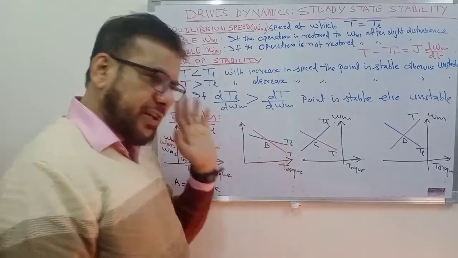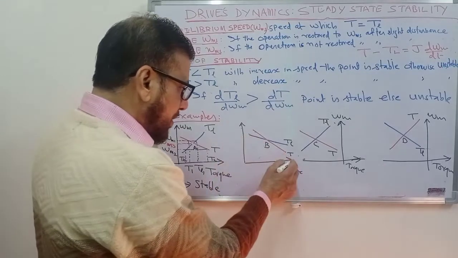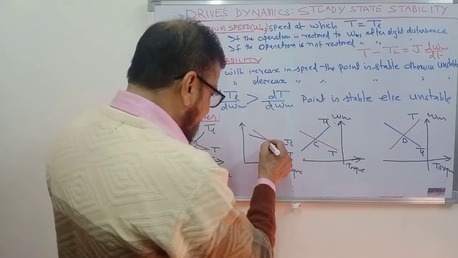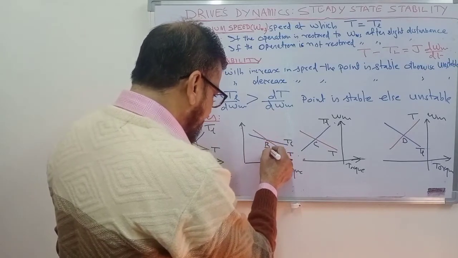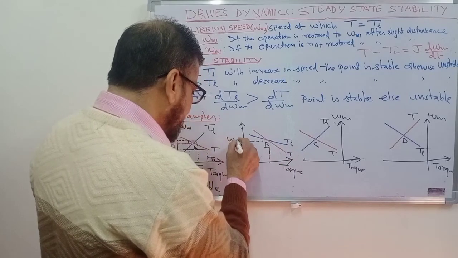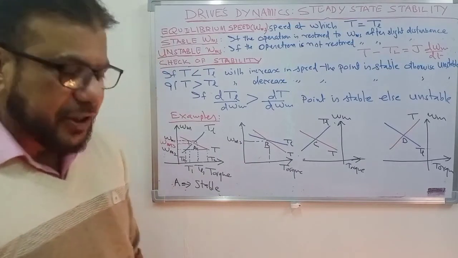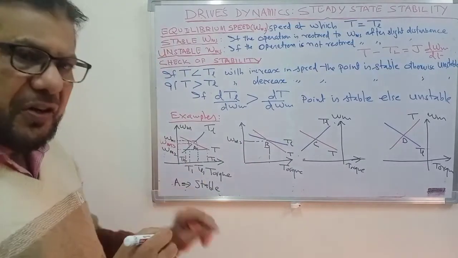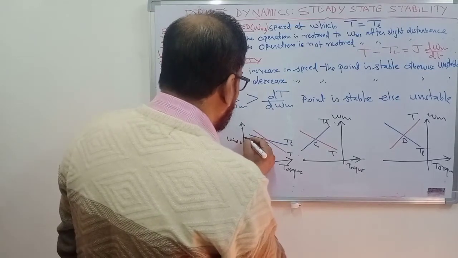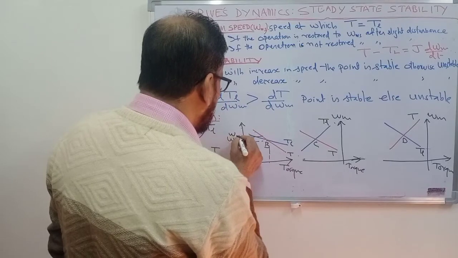Now let us take the second case. In this case, this is the load torque, the motor characteristics, and their load torque characteristics. Now this is the operating point. This is the equilibrium speed. Now to check the stability, you increase or decrease the speed slightly. Let us increase the speed slightly and see what happens. So I will increase the speed from omega ms to omega m1,